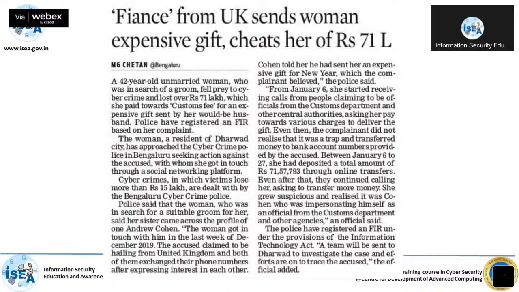This gang of 10 to 12 people will call, one person will say he is from customs, and another person says we are from the GST department. Another person says courier. Another says police. Another says some other department. So this is a full type of gang, either one person or two or three people with different numbers.